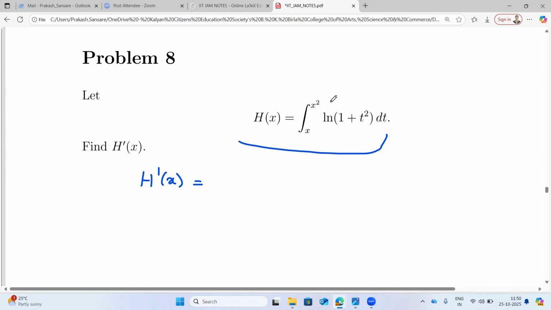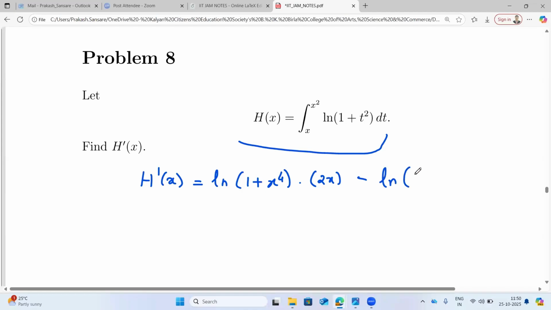Instead of t, you write x square here and take the derivative of x square, minus now the lower limit, that is x. So it is ln of 1 plus, instead of t, we will write x square. So it is x power 4 into derivative of x square, which is 2x, minus now the lower limit, it is ln